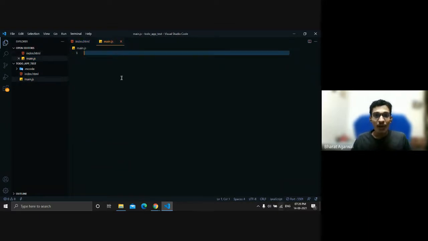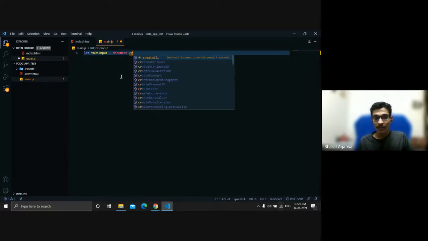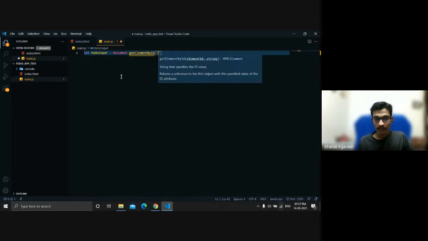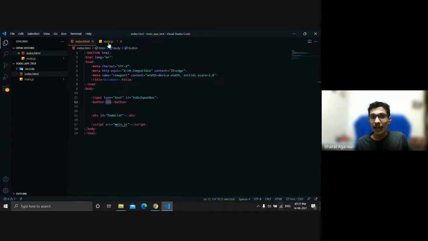So firstly, let's get the reference to that input box. How will we do that? Let to do equals document.